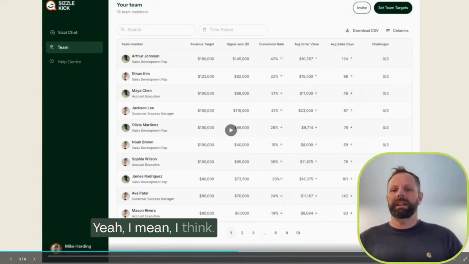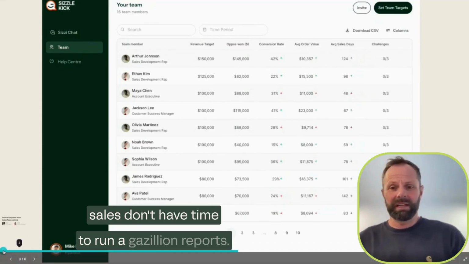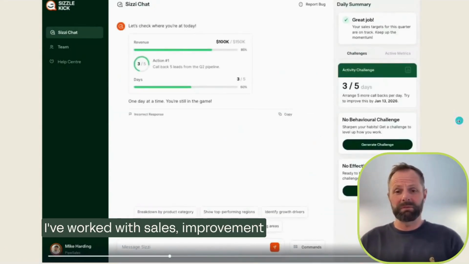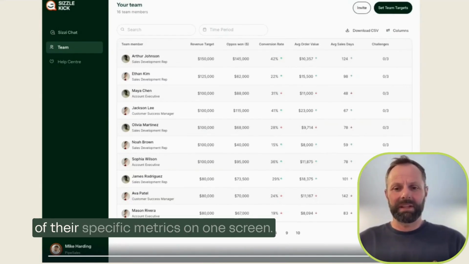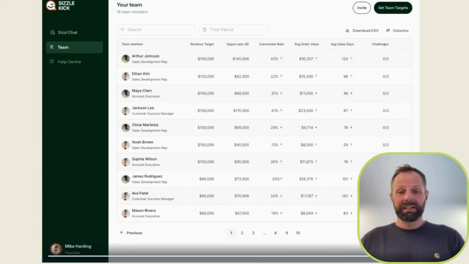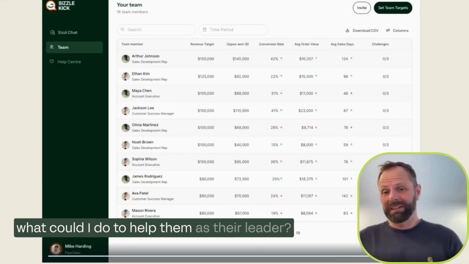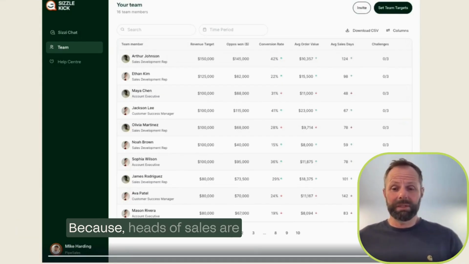Yeah, I mean, I think the number one thing is heads of sales don't have time to run a gazillion reports. I've used Salesforce multiple times. I've worked with sales improvement for organizations who've used Salesforce. It is really difficult to get a clear picture of where everybody is at in terms of their specific metrics on one screen. So job number one for me was creating a dashboard where a head of sales can look at their team and say, who's going the right way, who's going the wrong way, and what could I do to help them as their leader, as well as what could they do to help themselves and coach themselves,